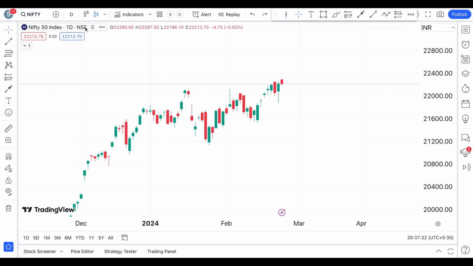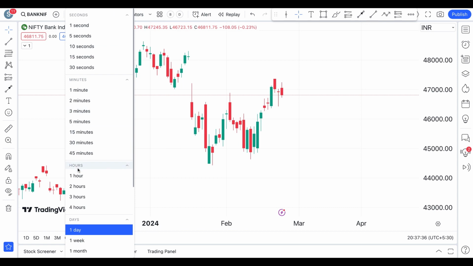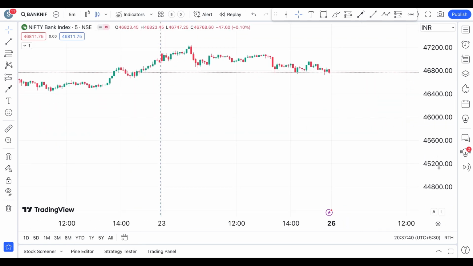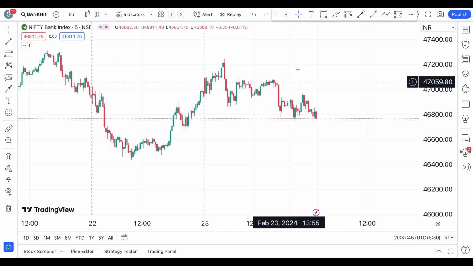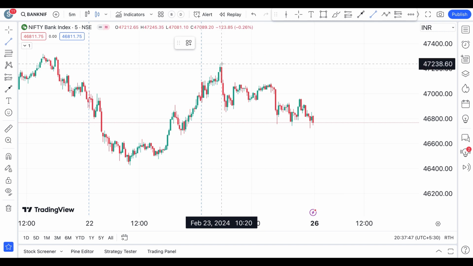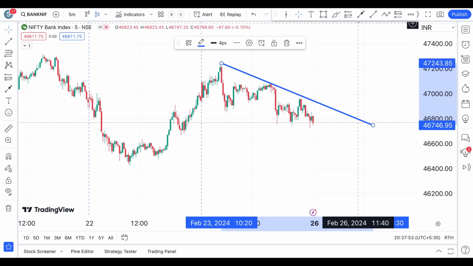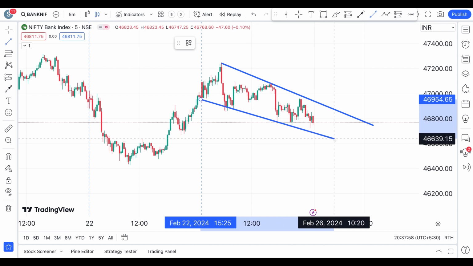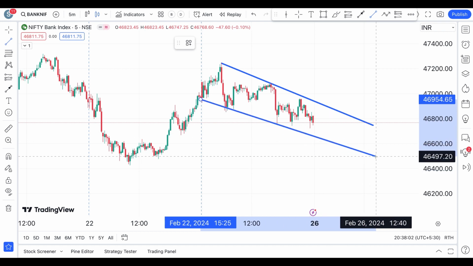So now let's quickly change back to the Nifty and see how the daily price action was on the last previous working day. That's a Friday. As you can see, there is good momentum towards the downside. It was continuously failing. You can see from the highs here, the way they are failing to make new highs. And also, if you draw a line connecting these lows, you can see that